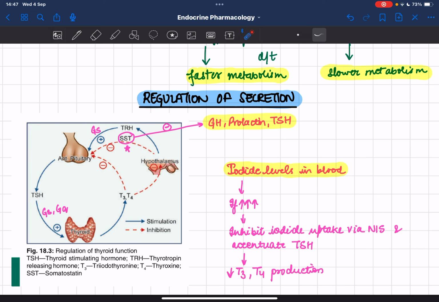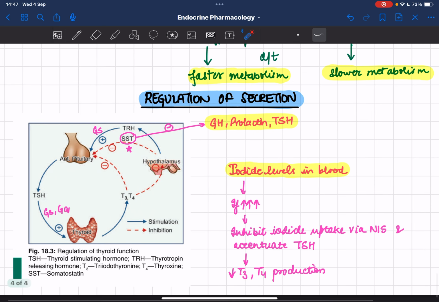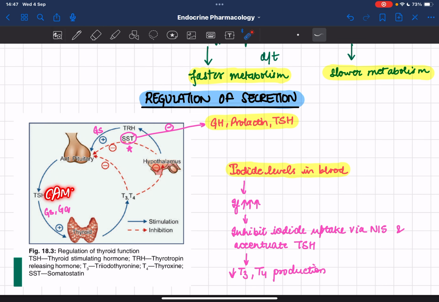व्हाट यू नीड टू नो इज कि जो TRH एक्ट कर रहा है वो GS मैकेनिज्म से कर रहा है, मतलब CAMP मैकेनिज्म से एक्ट कर रहा है, वाइल जो TSH एक्ट कर रहा है वो GS और GQ दोनों मैकेनिज्म से एक्ट करता है, यानी कि CAMP मैकेनिज्म से भी एक्ट करता है और कैल्शियम और PIP मैकेनिज्म से भी एक्ट करता है।